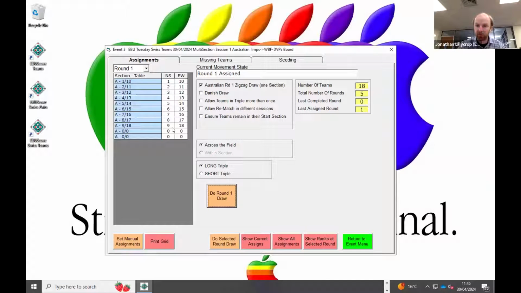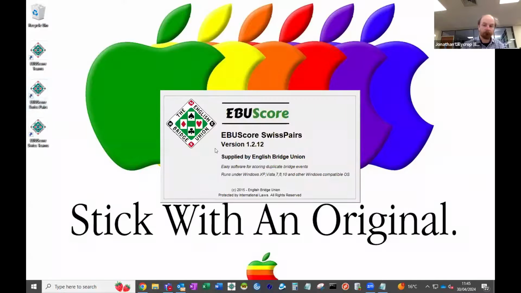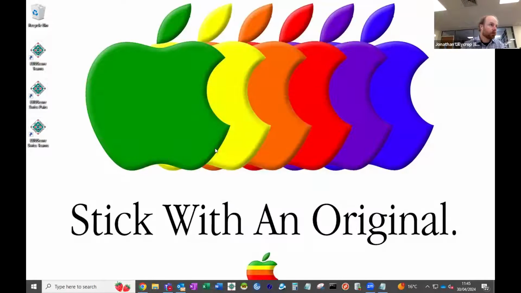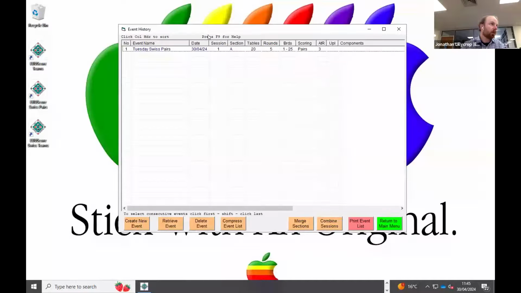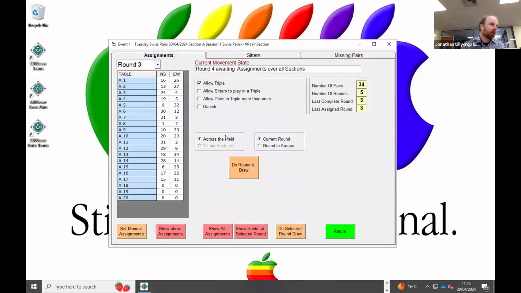Okay, someone was just asking in Swiss pairs, if you run this over 2 sessions and there are some different players in session 2, how do you change the player name? Let me just quickly demonstrate. Basically, on the assignment screen, we've got our 34 pairs playing. If on the next round or a later session, one of the pairs is replaced by a different pair,